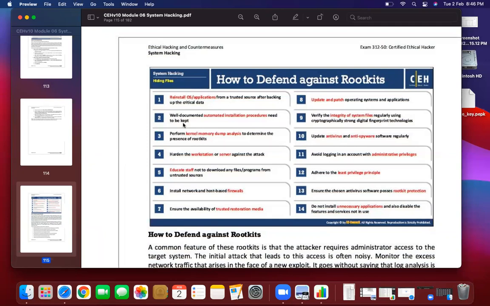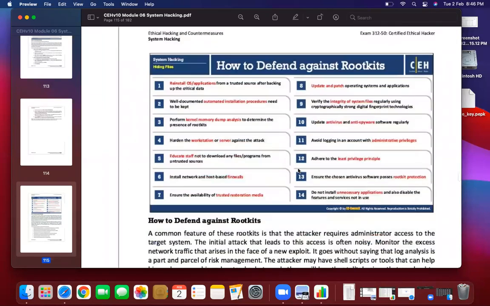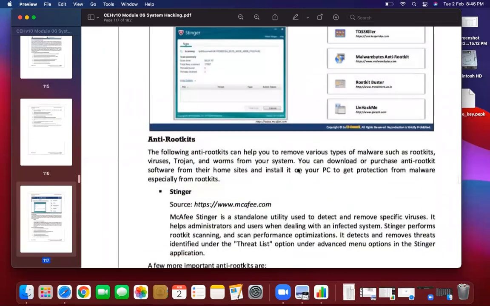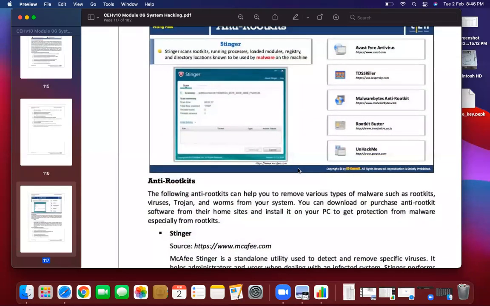A rootkit can be implemented anywhere, not only in the system, even on a server, the rootkit can be implemented. This is the method on how to detect or defend against the rootkit. Yes, the data will be lost. This is the only... No, it's not necessary that the data is lost. Just try to use the particular old data in some different system with a running antivirus or anti spyware or anti malware or anti rootkit.